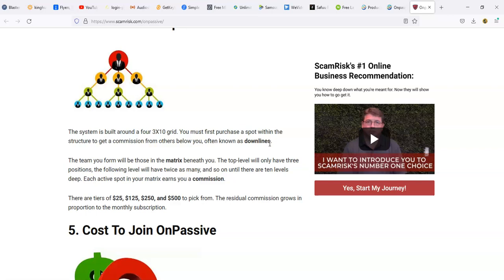But the reason why I like these platforms is, one, you can help the person under you to earn money, and a lot of these platforms and comp plans don't really put you in a situation to do so. Two, you get to build a team. You get to interact with other people. You get to learn from them as well as they get to learn from you. So it's kind of like you're building your own little community.